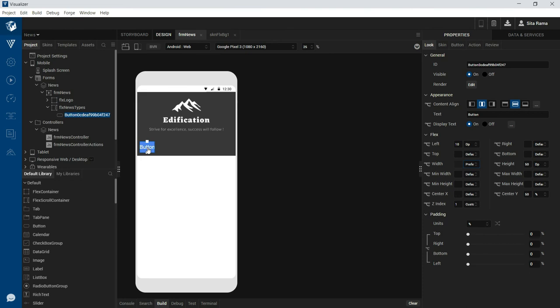And I want to have a space between the text that is displayed in the button and the edges of the button. So that is defined by using the padding. So the space that we want to have in between the text that is displayed in the button and the edges of the button is defined by this property called padding. So I am changing the right padding and left padding.